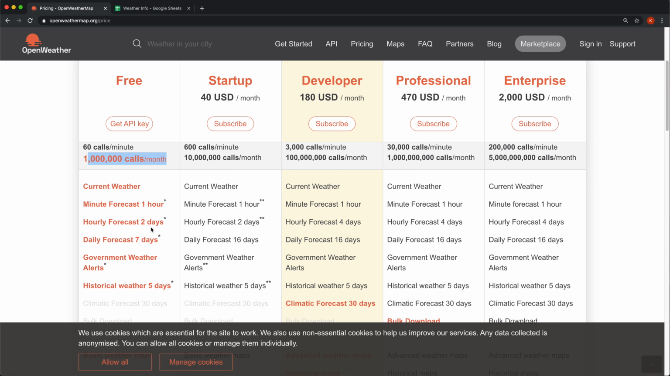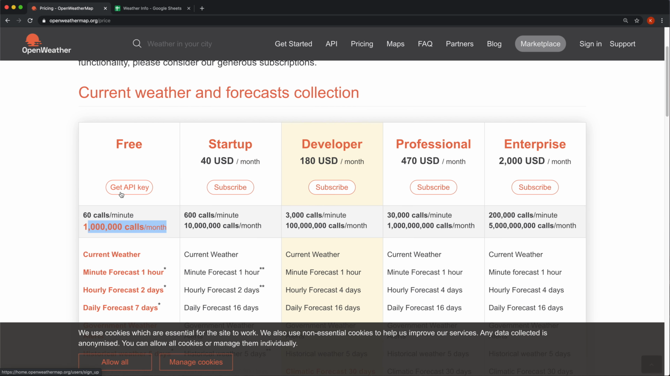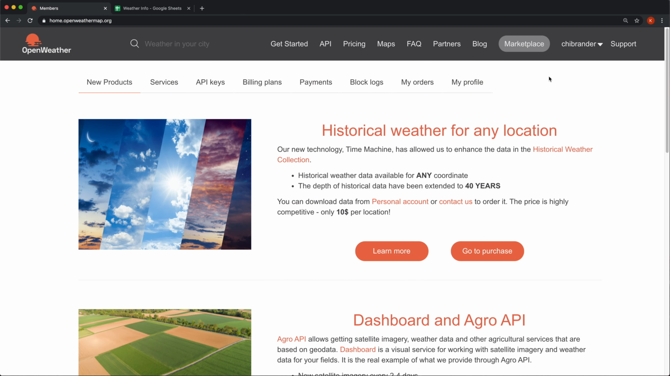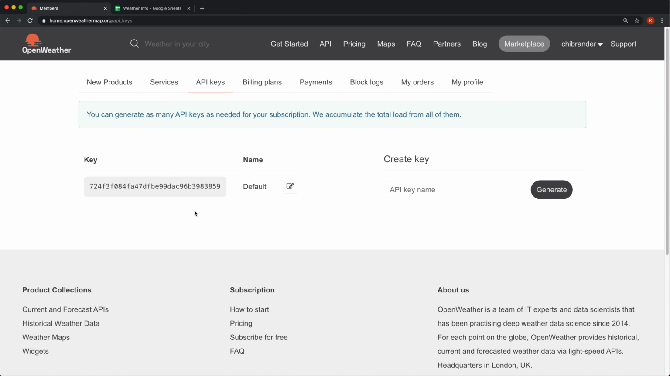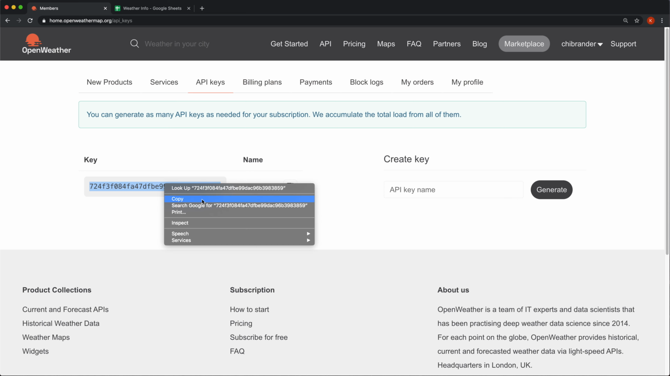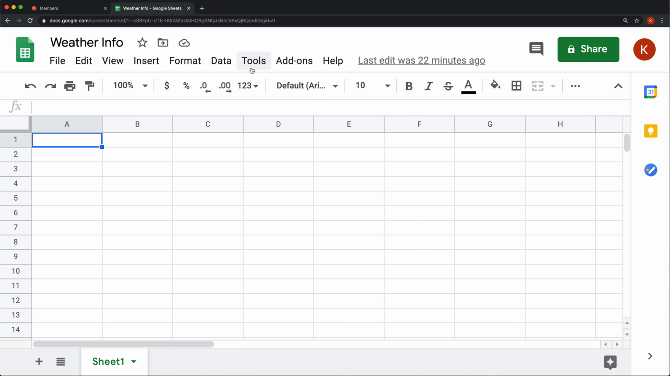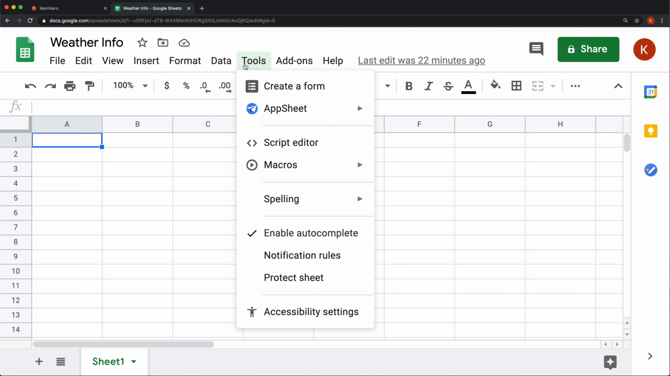So I need to register and get an API key for this. I'm going to do that by clicking on this Get API Key and going through the registration process. Once you log into your account, we're going to go to API Keys, and you're going to get your API key. So I'm going to copy this, go to my spreadsheet, go to a script editor,